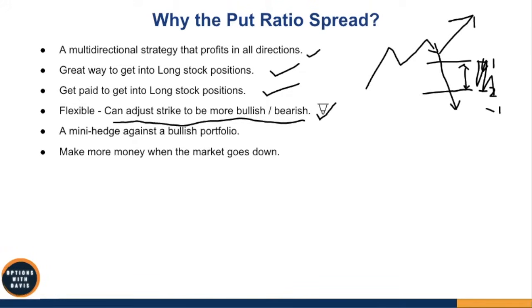Okay, so I'm going to be sharing with you a little bit more how you construct it, but basically when you're having a put ratio spread, you can construct it so that you collect more credit on the front end, so that if the market goes up, you receive much more money, right? The whole spread expires worthless, as you just basically collect the credit that you receive when you sell the put